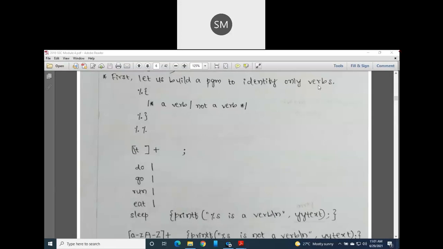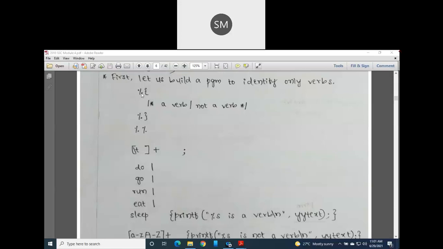I am not interested in the other 7 parts of speech. Just for simplicity, I am telling you how exactly our program will identify the verbs. In the same way, it will identify the remaining 7 parts of speech. If you understand one thing here, the remaining things you can do on your own, no problem.